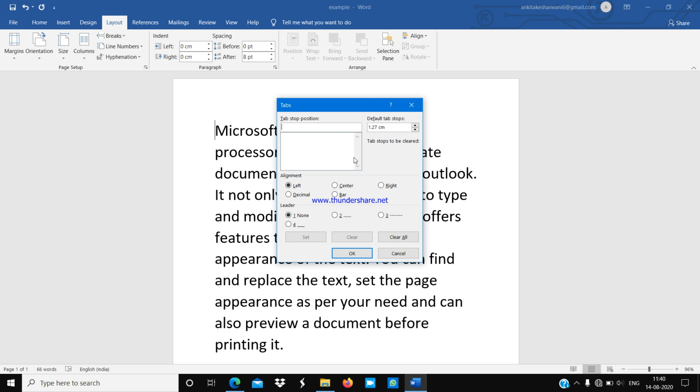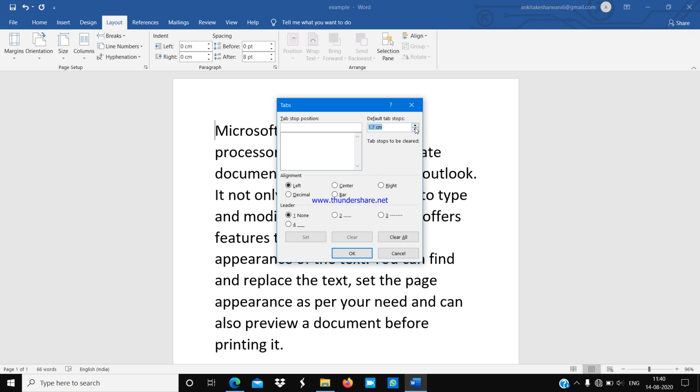Type a tab position, for example 1.25 inches, in the tab stop position. You can see the tab stop position is written and the default tab stop is already set to 1.27 centimeters. We will convert centimeters into inches or inches into centimeters.